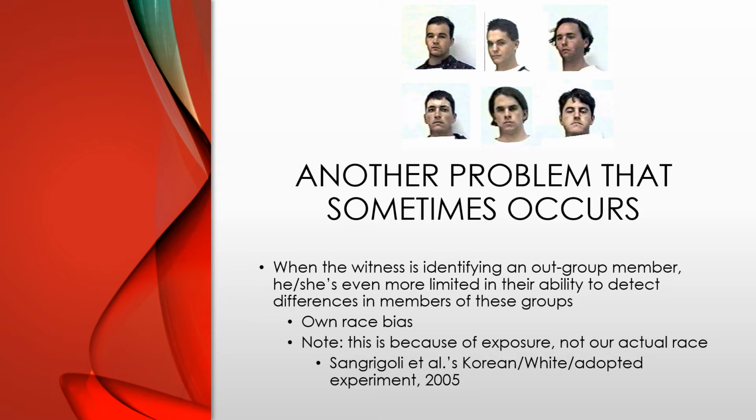And this threw some added complexity into the story. Right? It's not just about us versus them when we're trying to identify people. It's about who we're exposed to and who we've learned to kind of come up with things that help us differentiate from one person to another. All of these wrinkles make, again, the eyewitness components to many of the things that we encounter in our legal system very complex and hard to dissect.